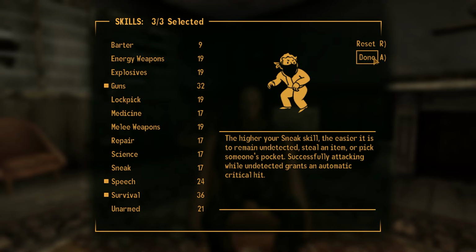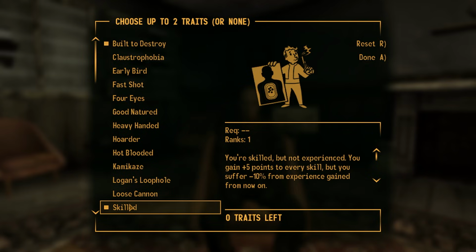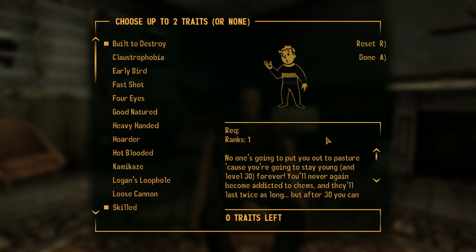Guns may be obvious, but the other two are a little bit more run specific. Speech at 70 is needed for Joshua's better ending dialogue, and survival at 70 is needed because I am a Radchild enthusiast. With Built to Destroy and Skilled at my fingertips for more critical damage and skill points,